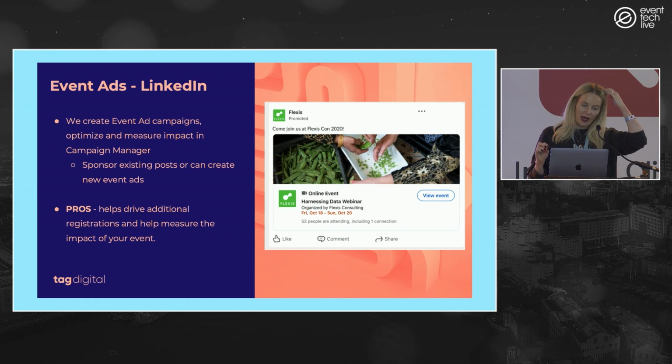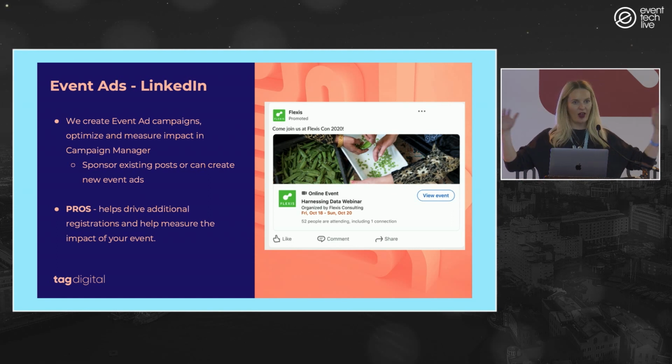Another thing everyone's loving is event ads. Event ads have been on Facebook, but LinkedIn have released their version of it, whereas a lot of event advertising is happening. So this lets us promote the event, it lets us see who else is going to the event, and keeps it all within LinkedIn. So using social proof, sponsoring existing posts, it just helps us with that kind of network effect and growing your audience.